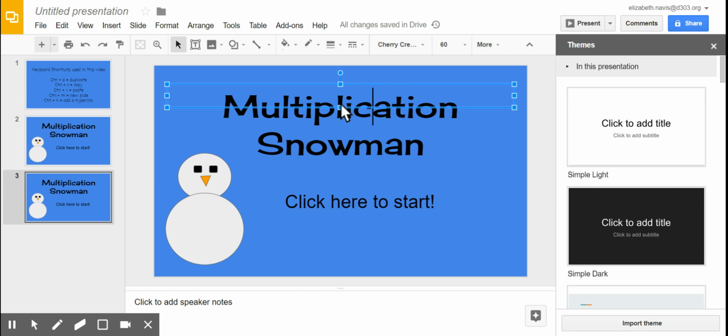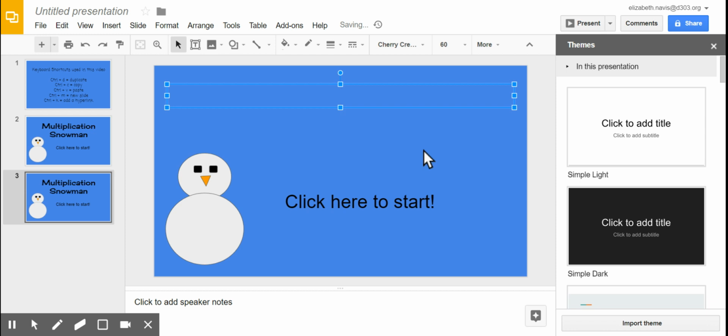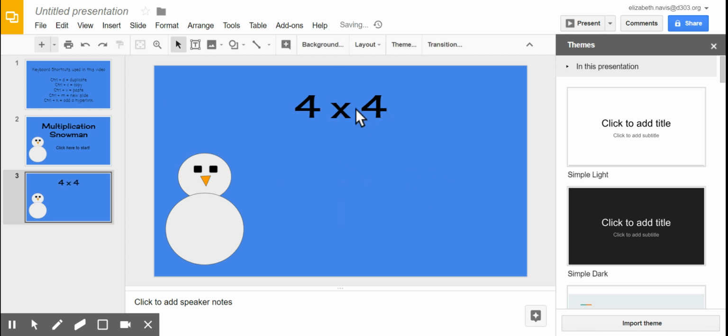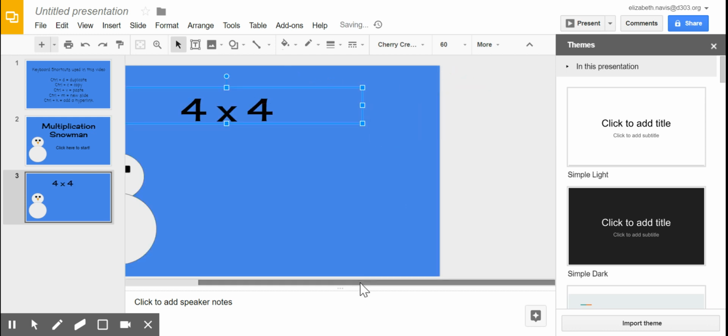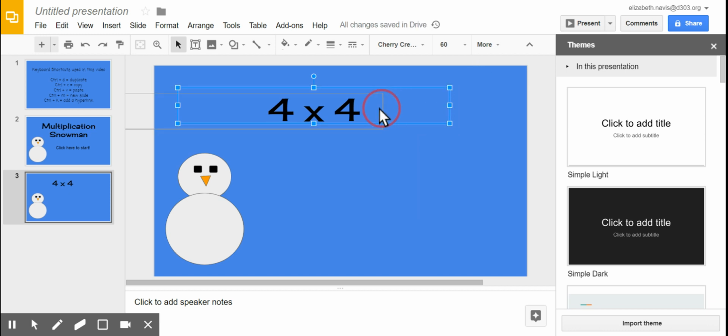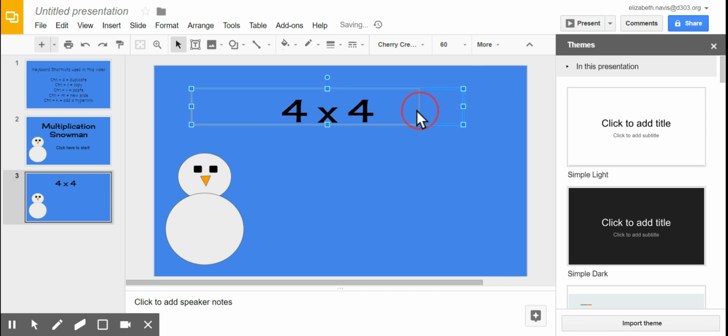So I'm going to use the same setup, and I'm going to make a multiplication game. So the first thing I need to do in a game is create a problem. So I'm going to do 4 times 4. And I'm going to have 2 answers. So I like the font in this box, so I'm actually going to shrink it down so it just fits inside. My page will be a little more organized. Slide back over here. We're going to make this nice. I can't seem to change the size today. There we go. Grabbing the handlebars on the side,